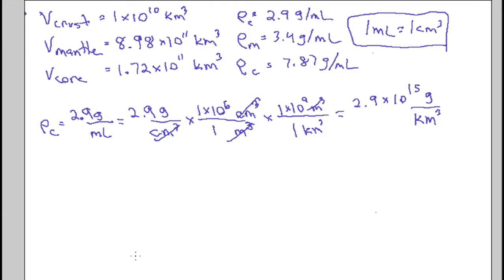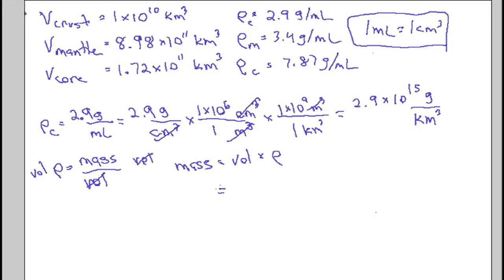And now we need to just say, okay, what's the mass of the crust? Well, our density, symbol for density again, is just mass over volume. And if we want to solve for mass, we multiply through by volume. And volume cancels out there, so we have mass equals volume times density. So the mass of the crust is equal to our volume, times 10 to the 10th cubic kilometers,